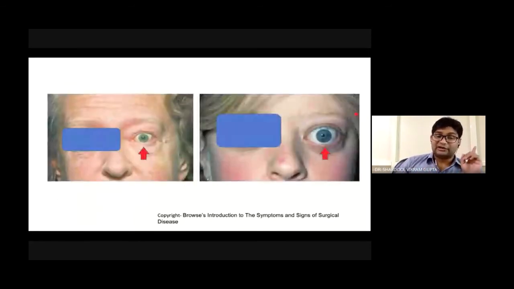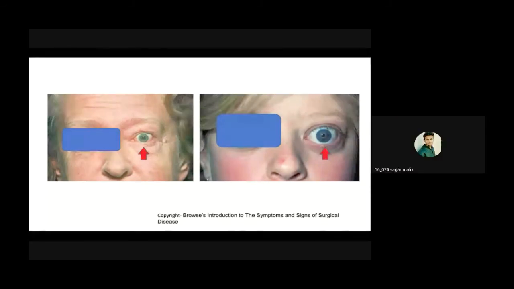So I am going back to my previous picture which I showed in the beginning, which you guys didn't interact with me much. Now, one of you unmute the mic and let me know what this is and what this is. So now this will be clear. You should be brave enough to talk to me. Am I asking too much? Sir, the first one is lid retraction, the second one is exophthalmos.